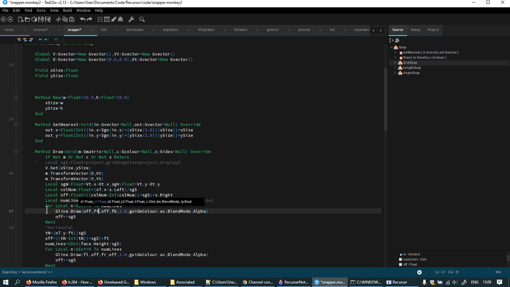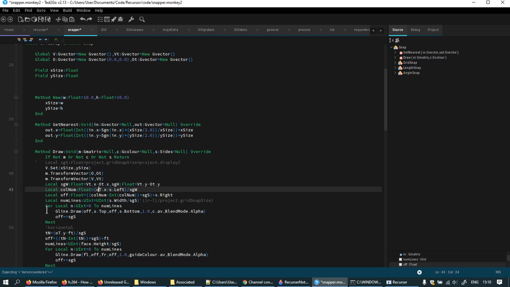This is sides top. This is sides bottom. And this is color AV, C AV, line mode alpha, off plus SGS. Okay, now also this is screen grid width, screen grid width,